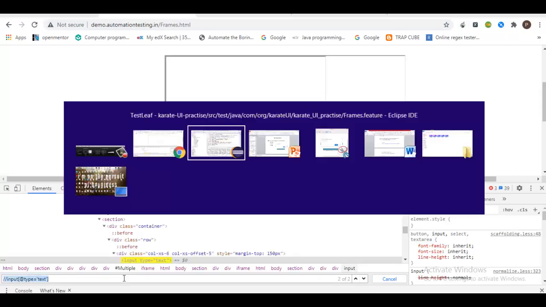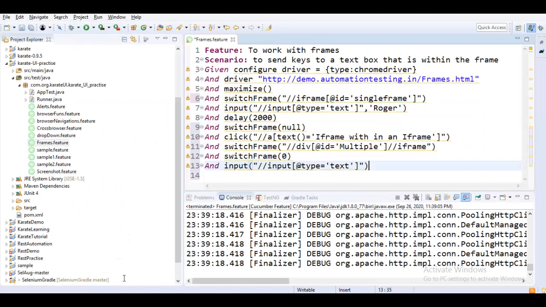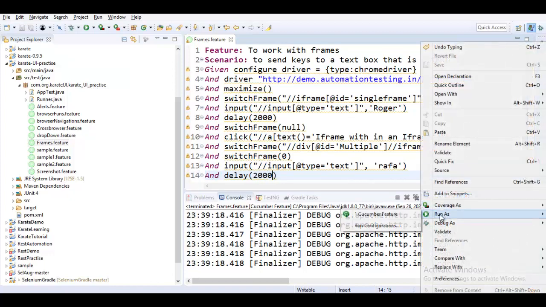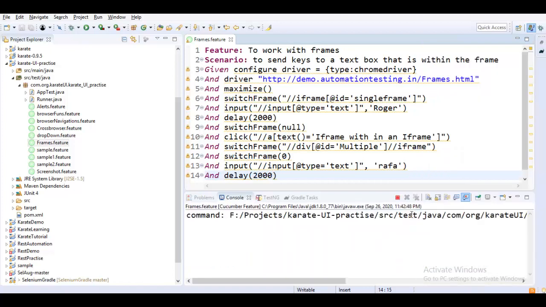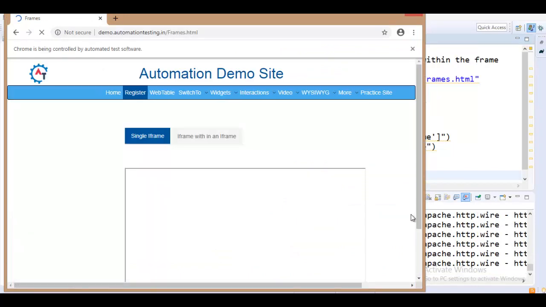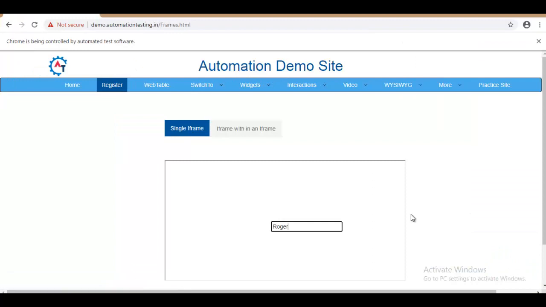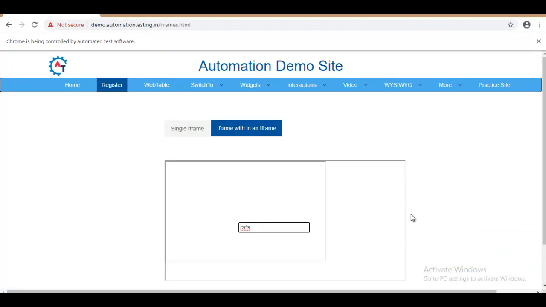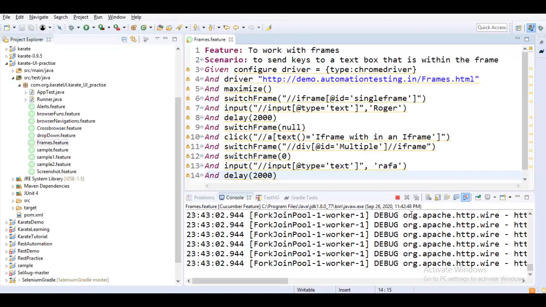Let me pass this value as the first argument and Rafa as the keys, and put a delay of a couple of seconds at least to ensure that we can observe all the things that we have written. Let me run it as a Cucumber feature file, and now the application has launched, and you can see it has filled in Roger, and then it has filled there, and Rafa has also been entered.